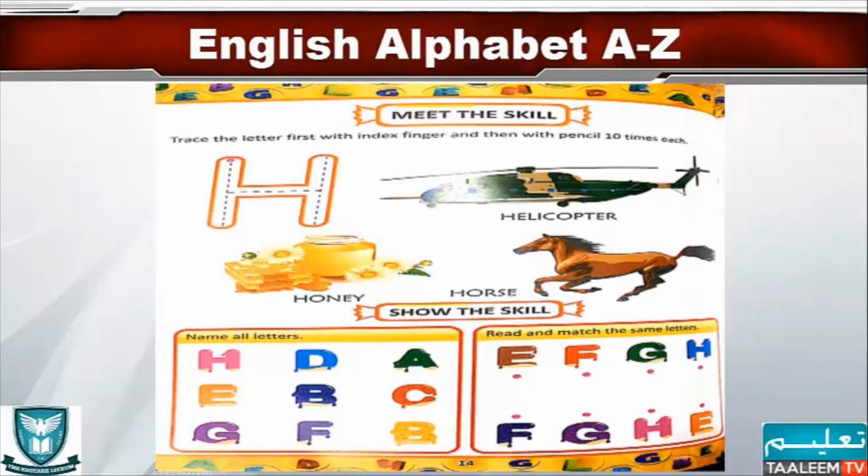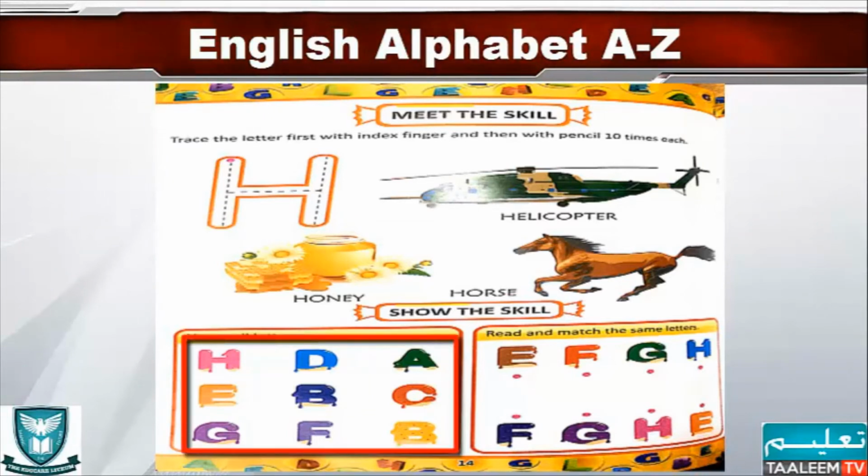Now you can see 2 blocks on the same page. One block is having different letters. Yes, and you can just name these letters and try to find out H from the first block. You can put your finger on H. Yes, good. And later on you can name these letters one by one. Yes,